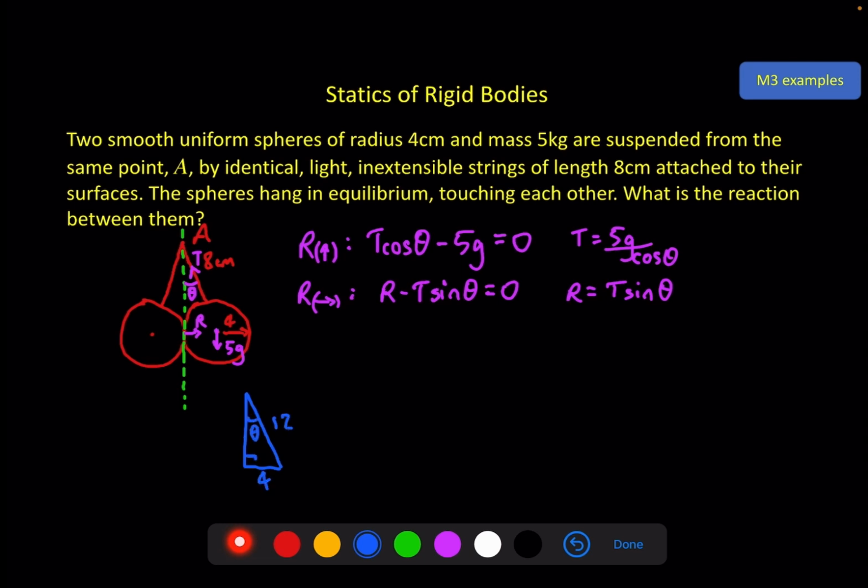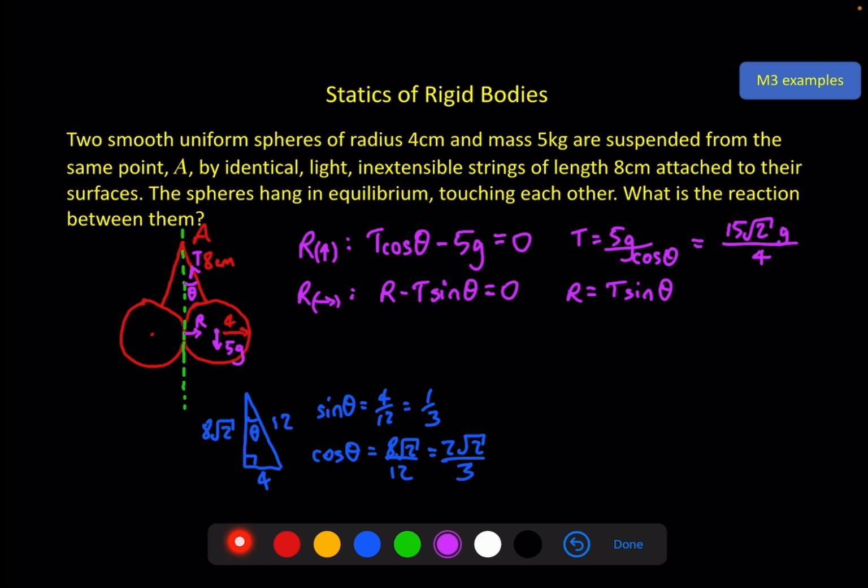A quick bit of Pythagoras tells me that this other side is 8 root 2. So from basic trigonometry, we know sine theta must equal 4 over 12, or 1/3, and cosine theta must equal 8 root 2 over 12, or 2 root 2 over 3. So putting this in here for cos theta gives us 15 root 2g over 4,